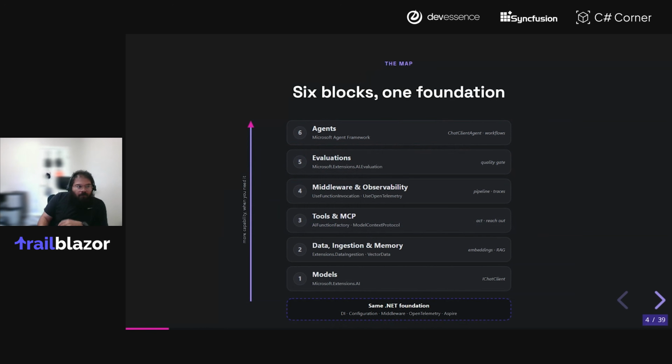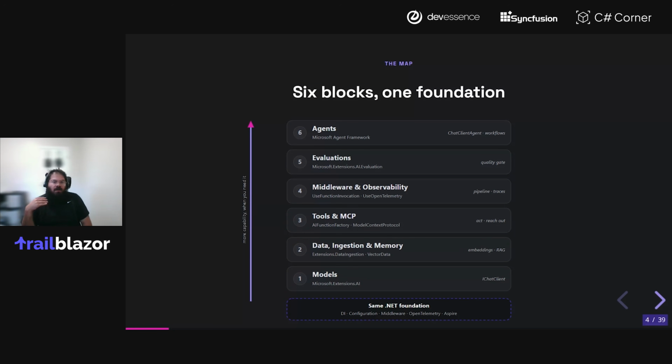So again, we're going to go through this talk through the various building blocks that establish the foundation for building AI apps. And so at the top, you're going to see agents, right? And we're going to talk a little bit more about agents towards the end. But at the end of the day, right, the agents, you can kind of think of them as the app platform that then leverages all of the other foundational layers under it, right?